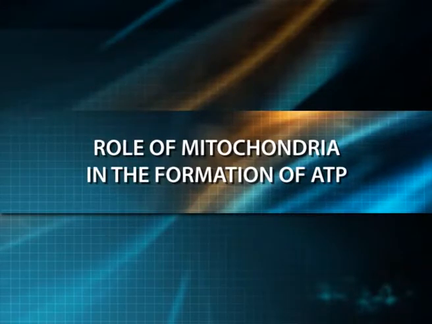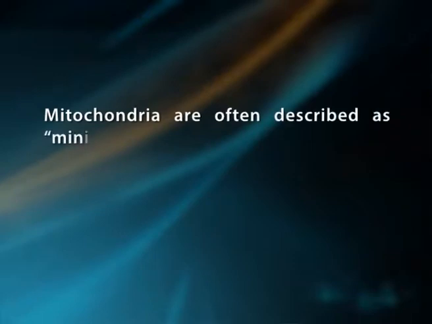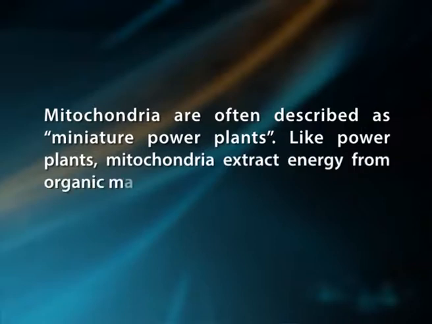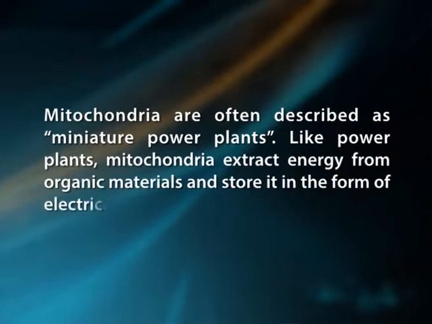Role of mitochondria in the formation of ATP. Mitochondria are often described as miniature power plants. Like power plants, mitochondria extract energy from organic materials and store it in the form of electrical energy. More specifically, the energy extracted from substances is utilized to generate an ionic gradient across the inner mitochondrial membrane. Mitochondria utilize an ionic gradient across the inner membrane to drive numerous energy requiring activities, most notably the synthesis of